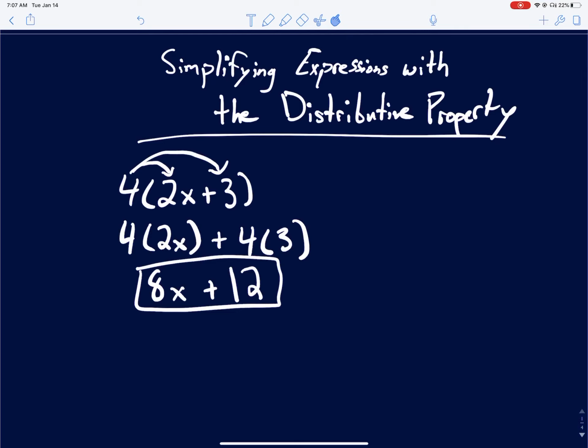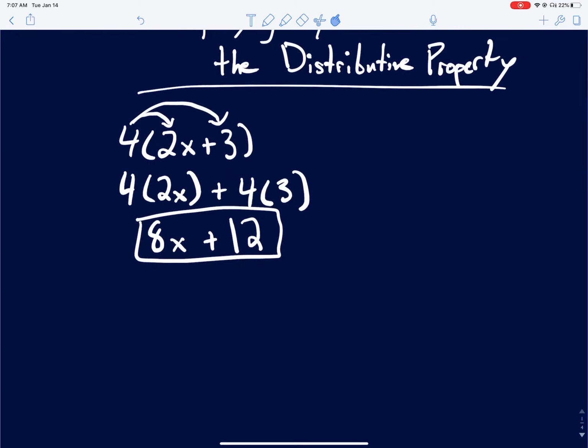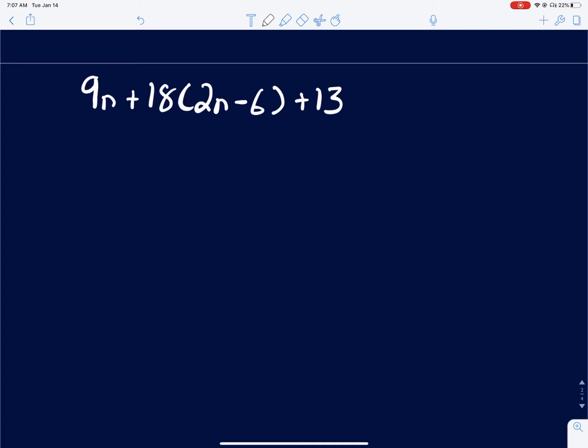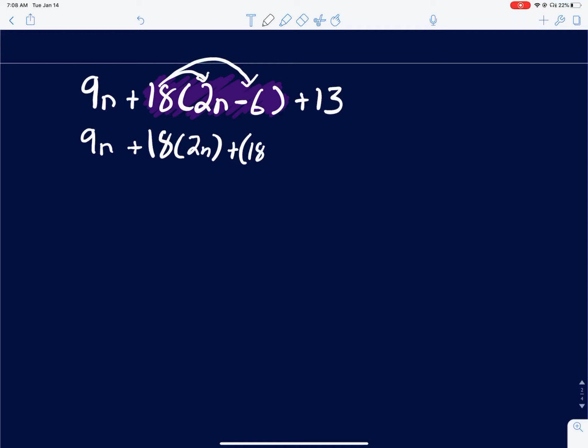Okay, so now that we have a nice little refresher on the distributive property, let's jump into one that's a little bit more complicated. Now we have the distributive property right in the middle of our expression. So let's go ahead and distribute 18 into the parentheses, so it'll be 18 times 2n and 18 times negative 6. So let's make sure we rewrite our expression. We have 9n plus 18 times 2n plus 18 times negative 6